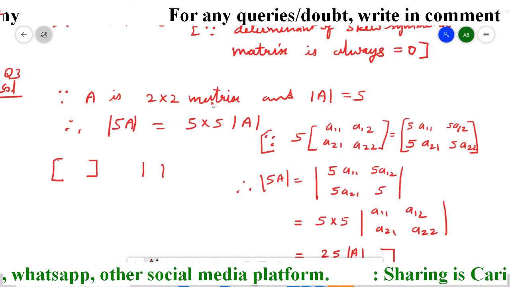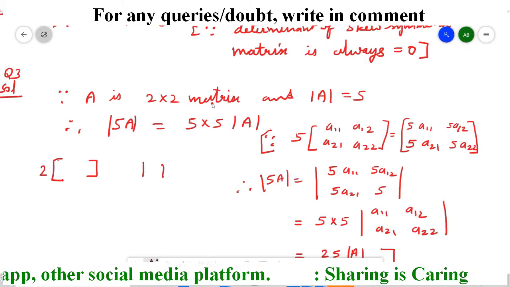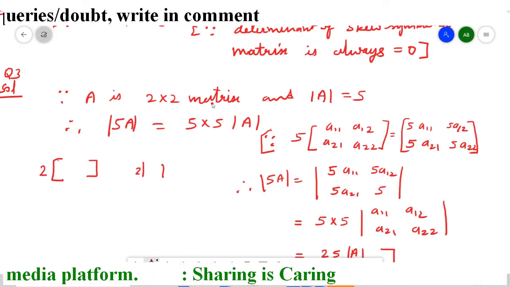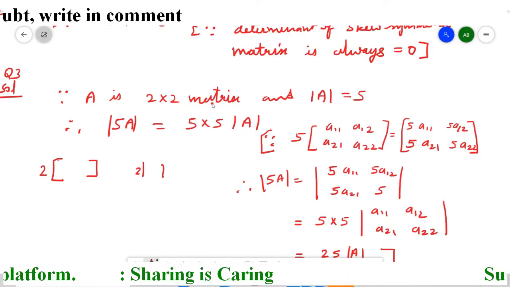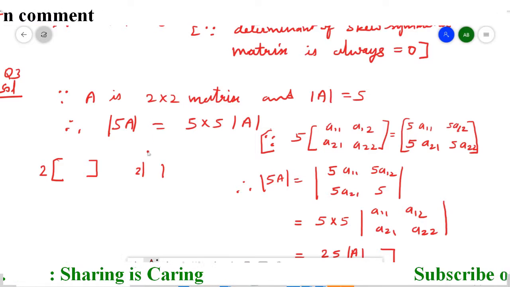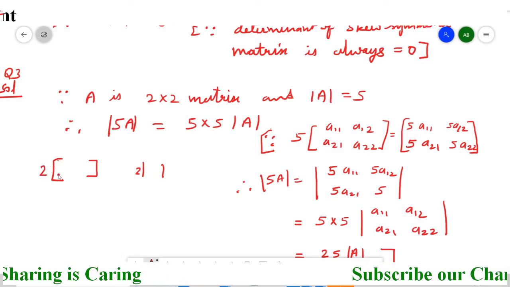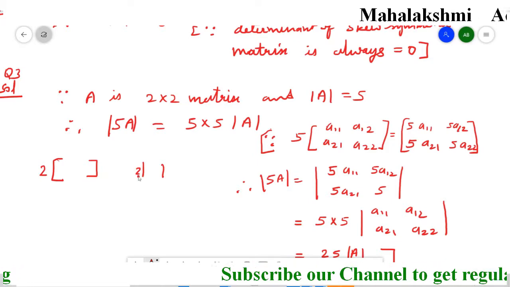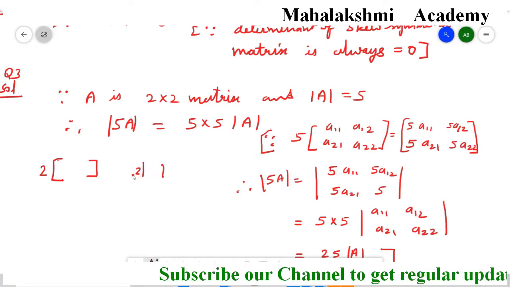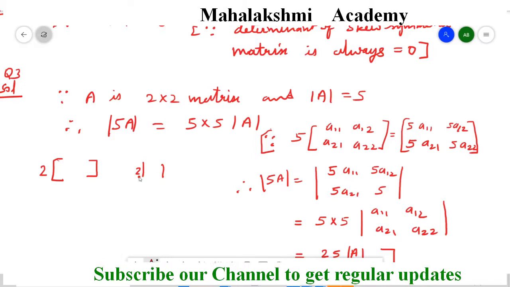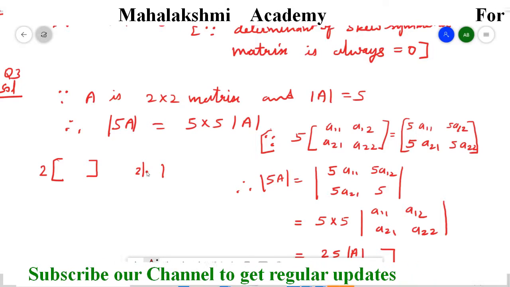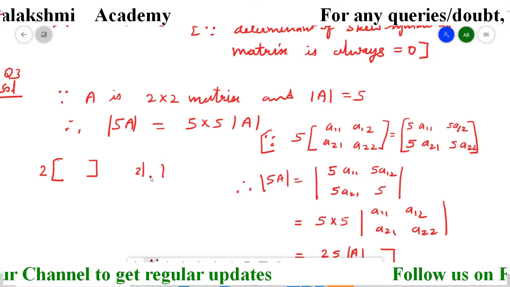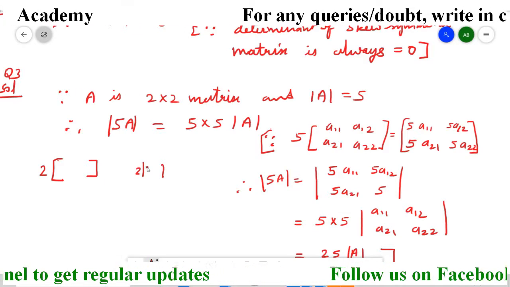If you multiply any number to the matrix and if you multiply any number to the determinant, it matters a lot. Its meaning is, 2 will multiply by all the elements of the matrix, but here 2 is written outside of the determinant. Its meaning is this 2 will multiply by any one row or any one column, not all the elements. That's the difference.